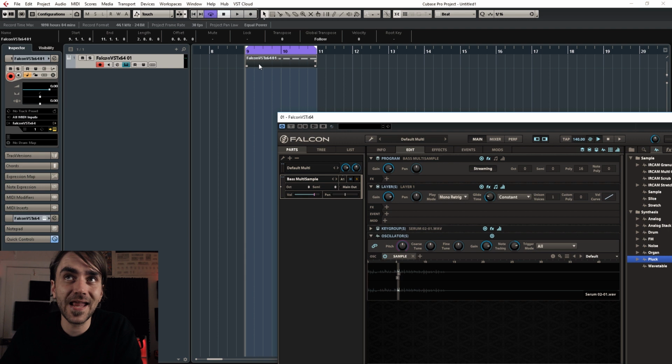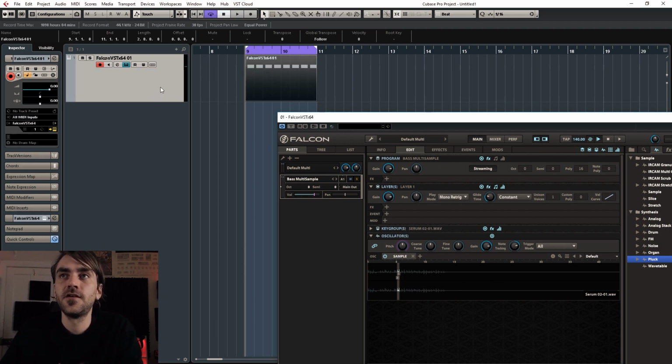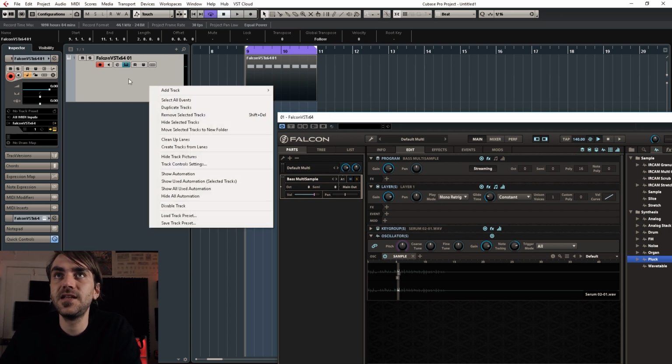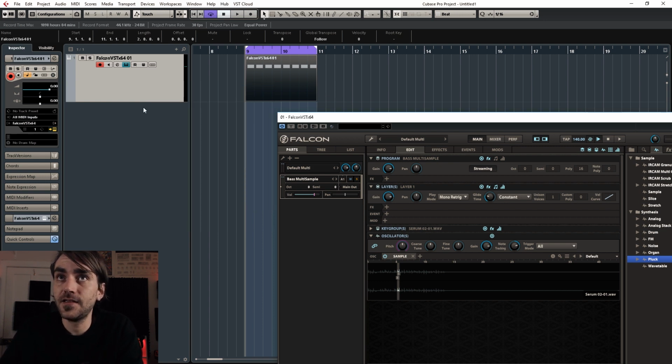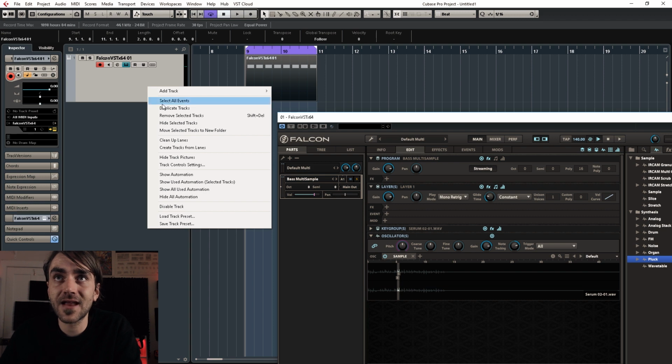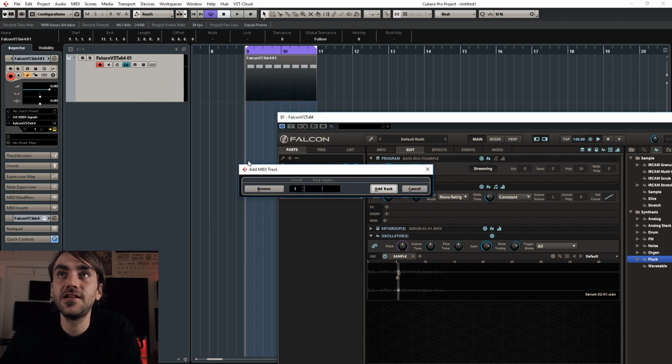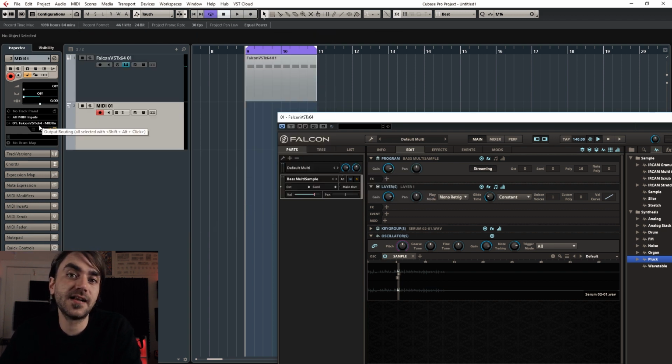So I've created a new project. I've loaded up Falcon with our sound that we created last time. Cubase has a pretty cool feature that's kind of like an automatic routing for the MIDI. So if you select, for example, Falcon, it's going to be easier to show in a big project. However, if you select Falcon and then right click on it and say add track, MIDI track, it's going to automatically send this MIDI track to Falcon